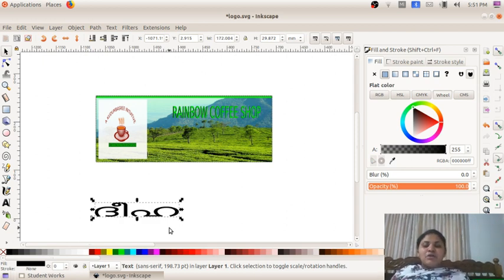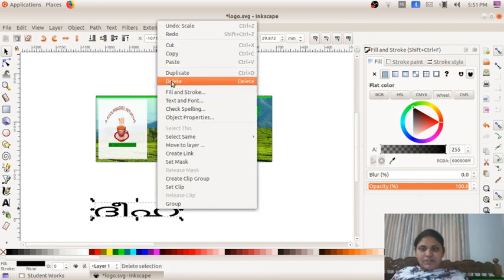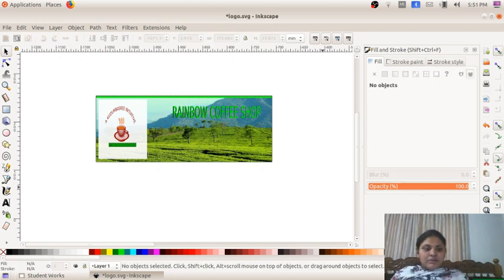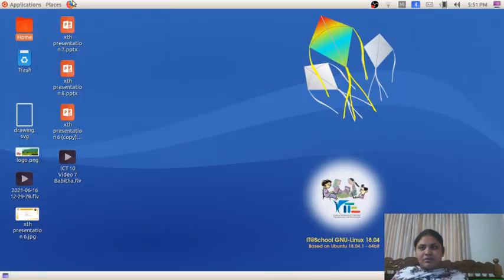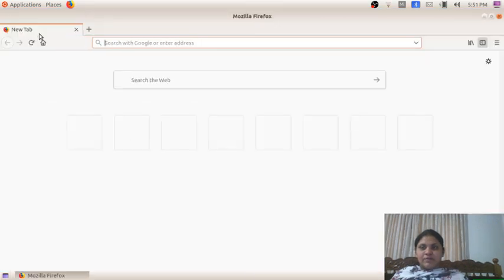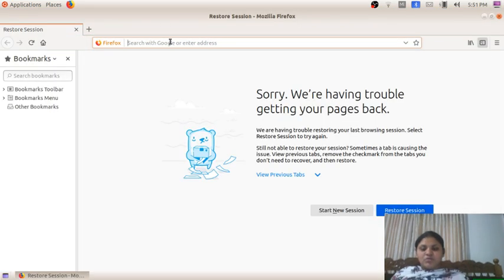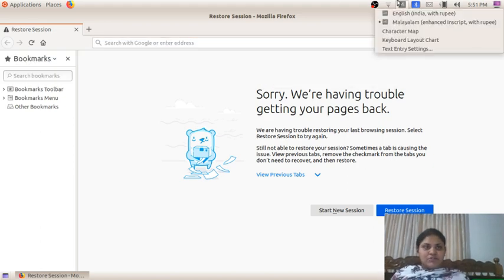Okay, so there was one more step. Through online we can take this. So from where will we get that? I am deleting this. We have to go to, I will search in Mozilla Firefox. Just a second. Okay, so in Google, now it is in Malayalam, so I will change to English.